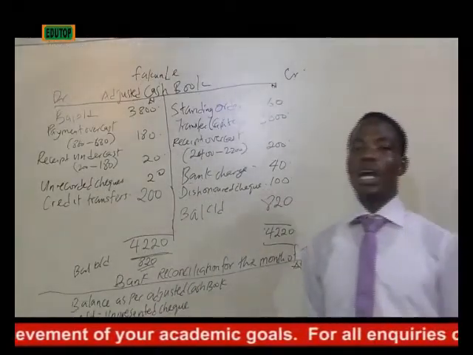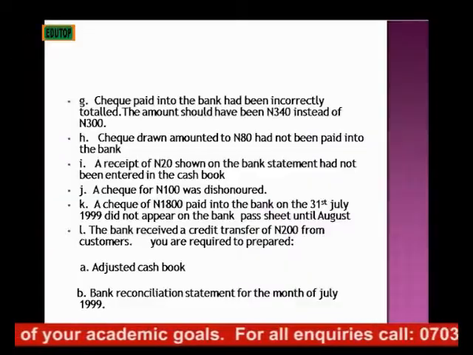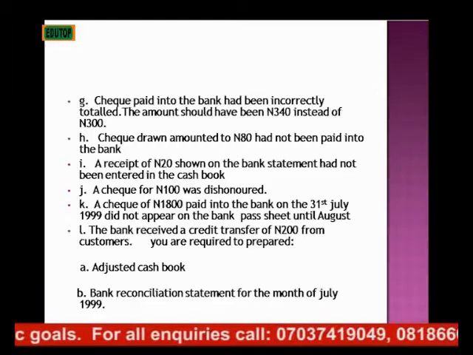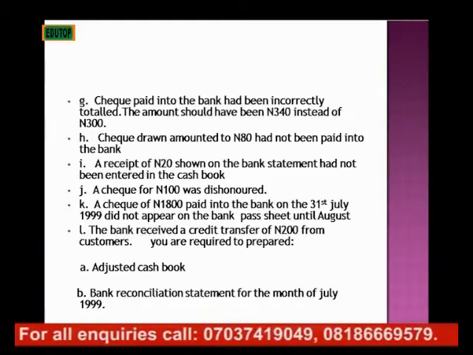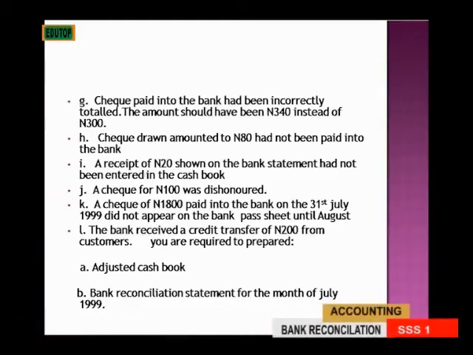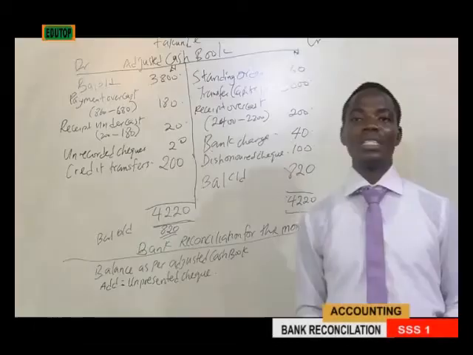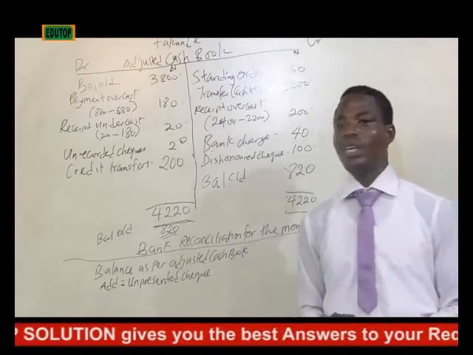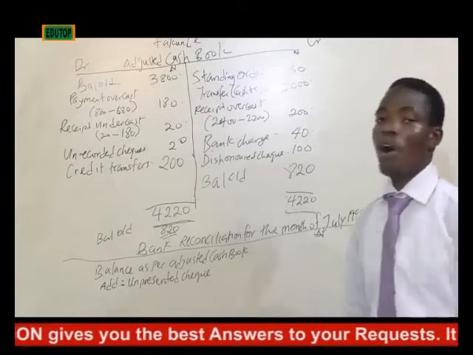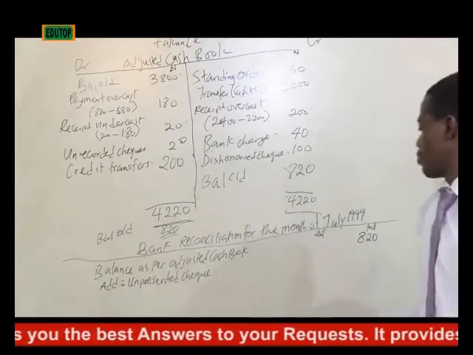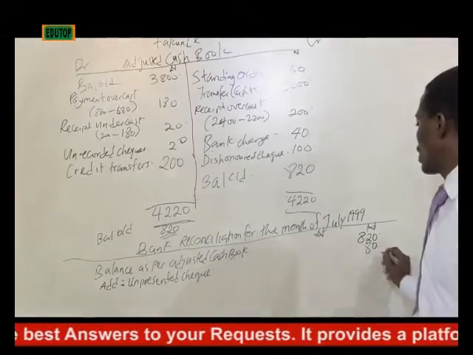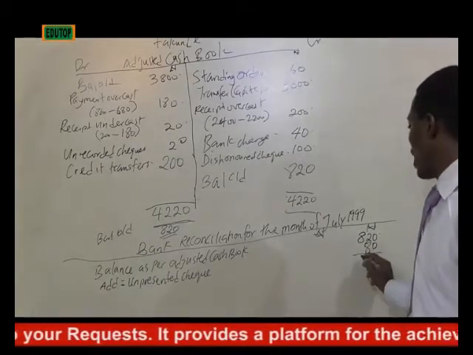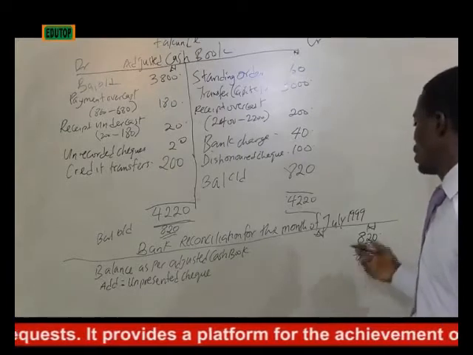Let's go back to question H, which says check drawn amounting to 80 naira had not been paid into the bank. That is, the amount has been drawn to the customer, but the customer has not made effect the payment at the end of the day. So you add it back to your cash book, of which I explained the other time. So you add this, which is 800, and there is no other information again. So you add it together. That gives you